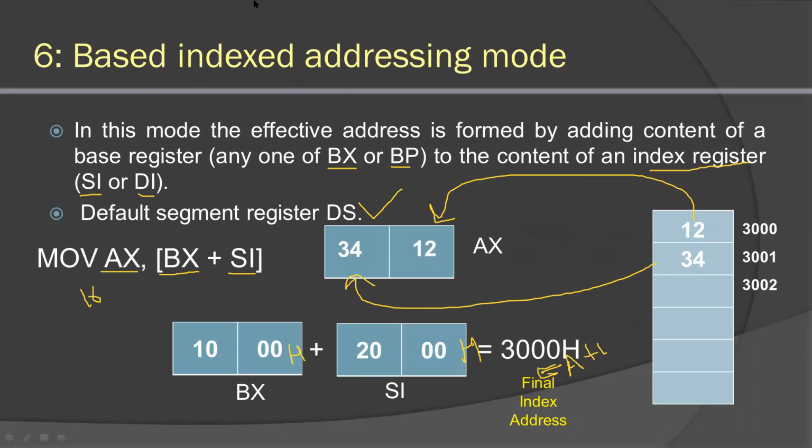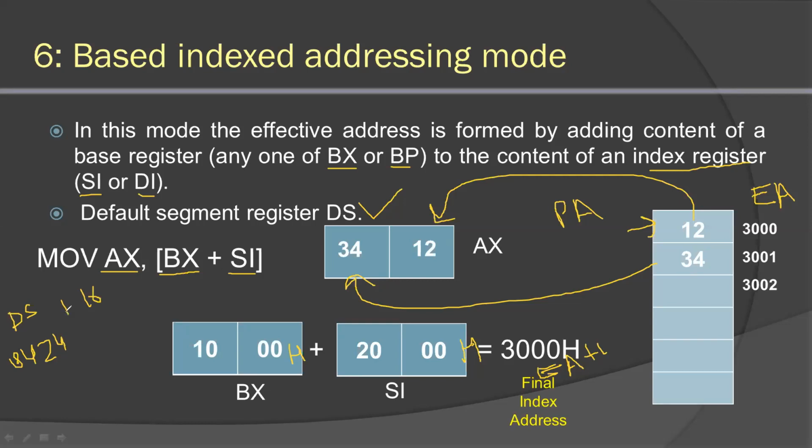We can mention physical address and we can mention effective address. So here the values are of effective addresses. We can calculate the physical address also. Physical address means the complete 20-bit address that will be traveled in the bus of the microprocessor, because microprocessor address bus is of 20 bits. So again we can assume any DS value. In our case we are considering DS as 8424. This can be given in the problem or we can assume. So what will be the value of final physical address?